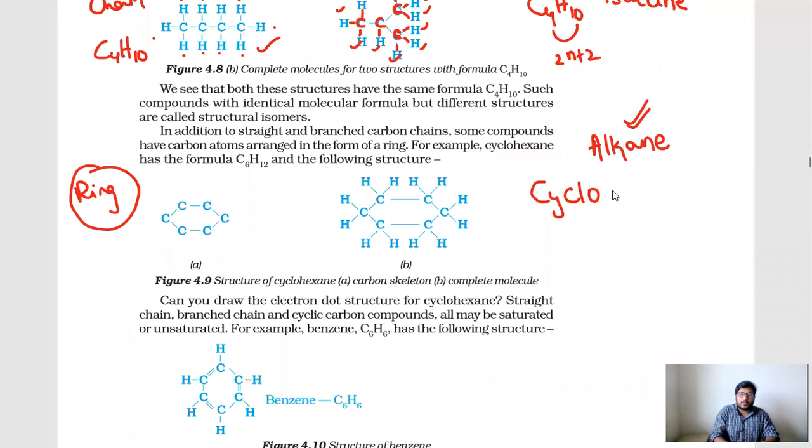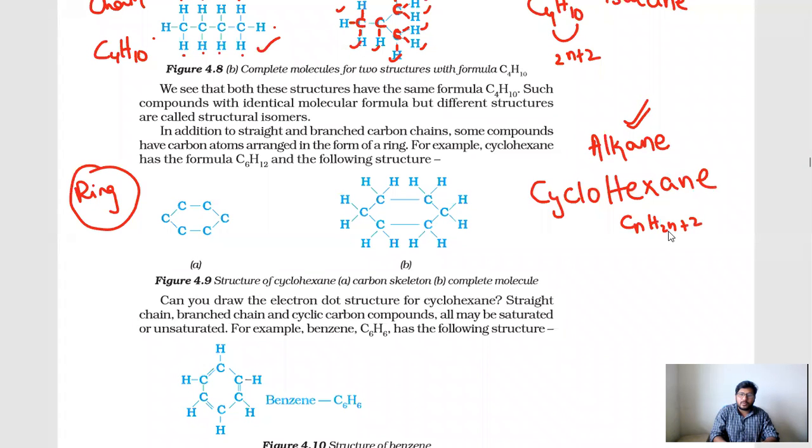So cyclomethane, cycloethane, cyclopropane, cyclobutane, cyclopentane, cyclohexane, etc. But if you want to go with cyclohexane, what will you people do? Hexane means